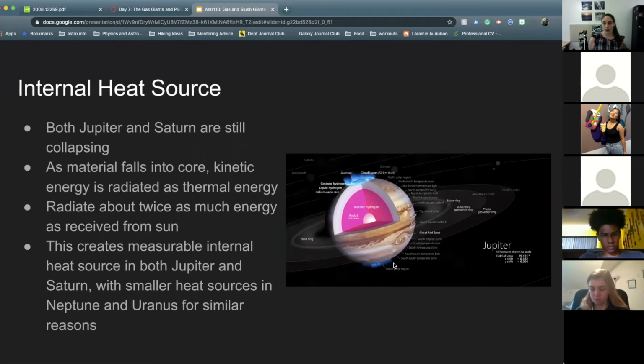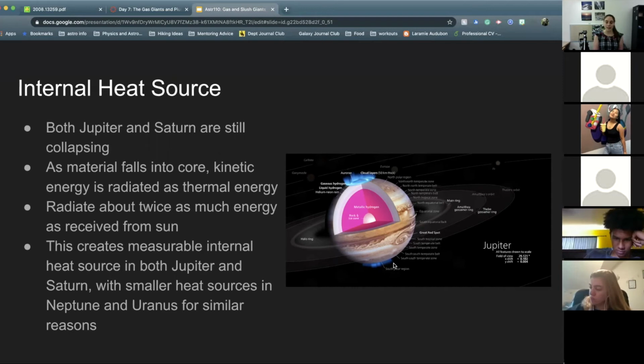We can also just use different forms of observations to figure out what's happening inside of these planets. One of the things that has been done by looking at these planets in the infrared and radio has told us that both Jupiter and Saturn are hotter than we would expect for the distance they are from the sun. So if they were just absorbing sunlight and re-emitting it, we would expect them to be a lower temperature than what we see. And what that means is that they both have an internal heat source. So there's something inside of both Jupiter and Saturn that is causing them to warm up.